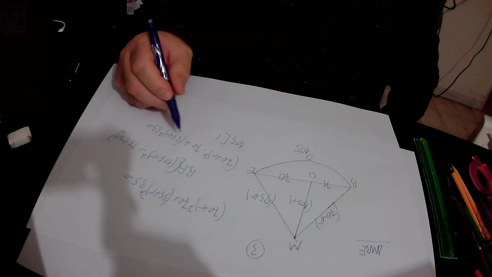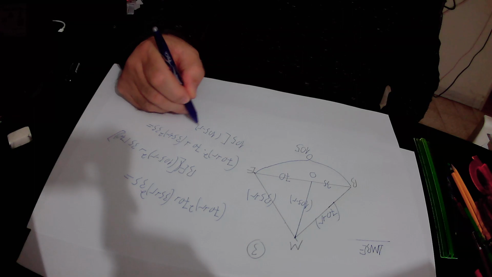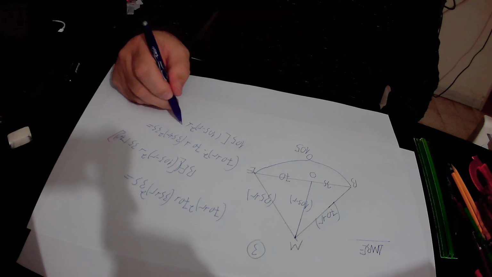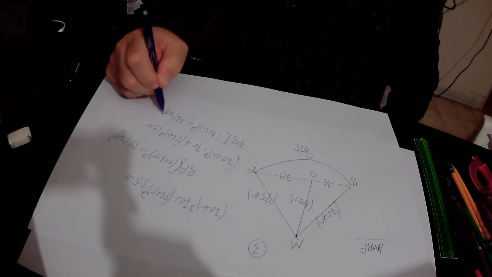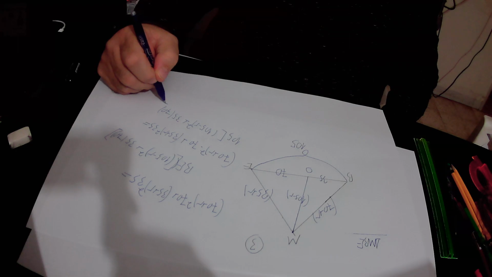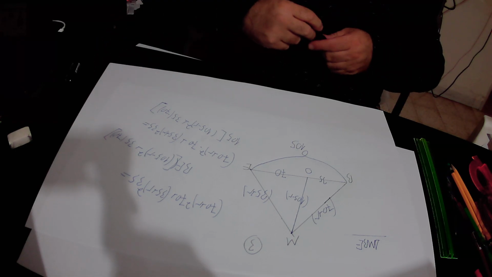Inside the brackets we have 105 minus r squared plus 35 times 70, all under the brackets. Okay, so